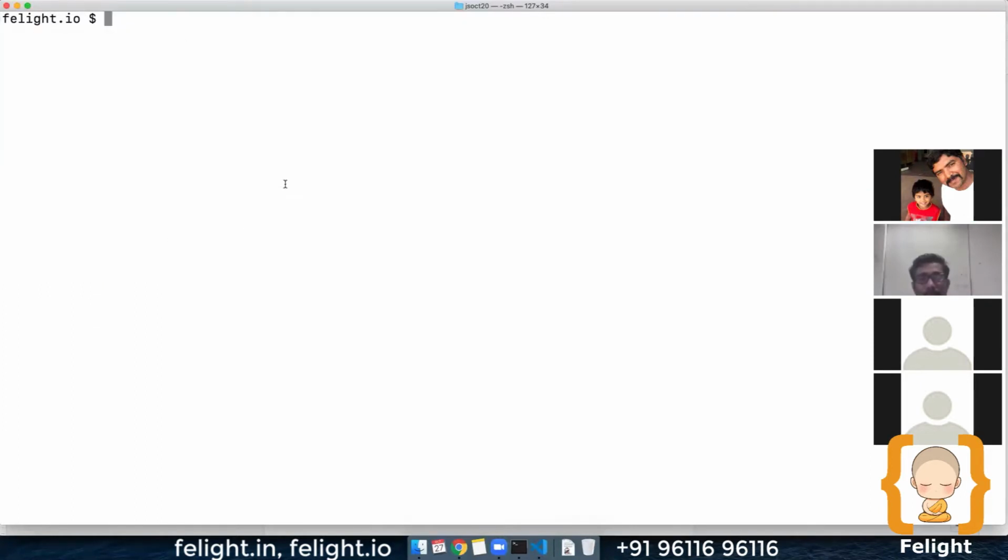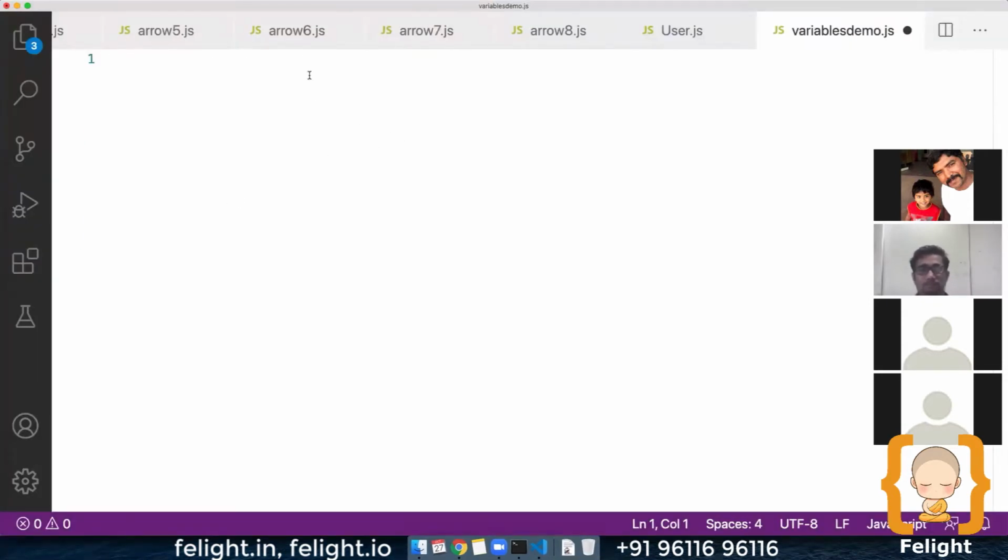Now we're going to study what is a variable. So I will create one new file, variables demo.js. So here now I will give a name called x equal to, I'll assign some value, say true. So x is a variable here, in which we are storing the value true. Say for example, in the real world, you compare with a bag. A bag is a container which can hold your books, laptop, many other things. Yes or no? Yes, sir.